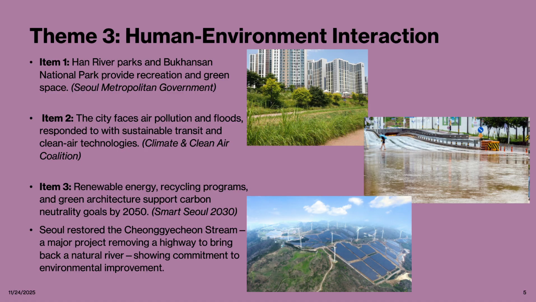Han River Parks and Bukhansan National Park provide recreation and green space. The city faces a lot of air pollution and floods, so they respond with sustainable transit and clean air technologies. They use a lot of renewable energy, recycling programs, and green architecture to support carbon neutrality goals by 2050. So they have a goal of trying to reduce air pollution and stuff like that by 2050. Seoul restored the Cheonggyecheon